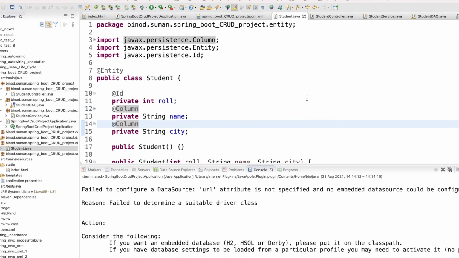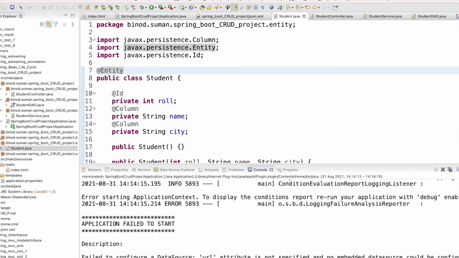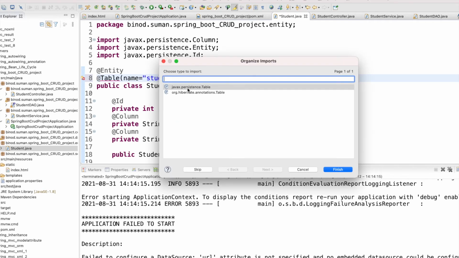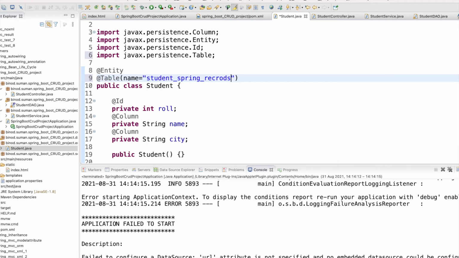In the student entity, I forgot to give the table name, so you have to come here and give the table name, something like student spring records. I missed that. Now everything should be fine.